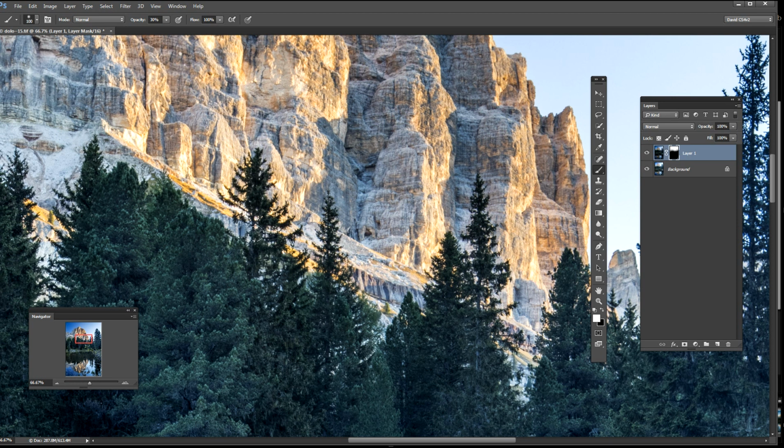So if I hit X, see what I was doing? I was painting with white, so that was darkening down the tops of the trees to make the gradation shift less visible. And now I'm doing the same thing but in the opposite direction, so that it's going to lighten this part of the tree, but I need to be careful that I don't lighten the rock behind it as well. If I hit X now, you'll see down here that switches to black, and now I can